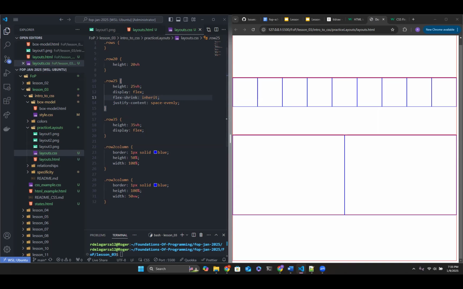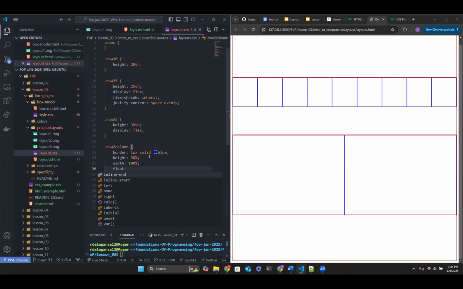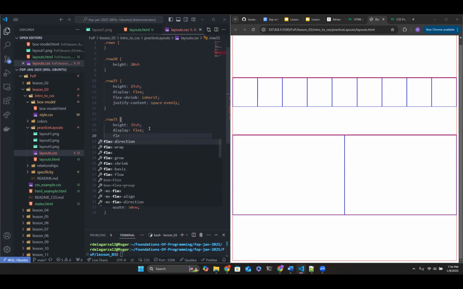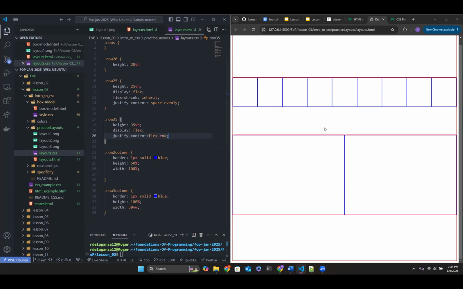Well, maybe I'm not conveying my message exactly how I wanted to. But when we use float inline, did you notice how many options you got using float? Not very many, right? With Flexbox, it allows you to use a flex direction. You can wrap it around. You can shrink it or grow it. You can justify the content as well. Center it. You can put it at the end. Let's do that. We can say flex end, and you'll see that's going to move.